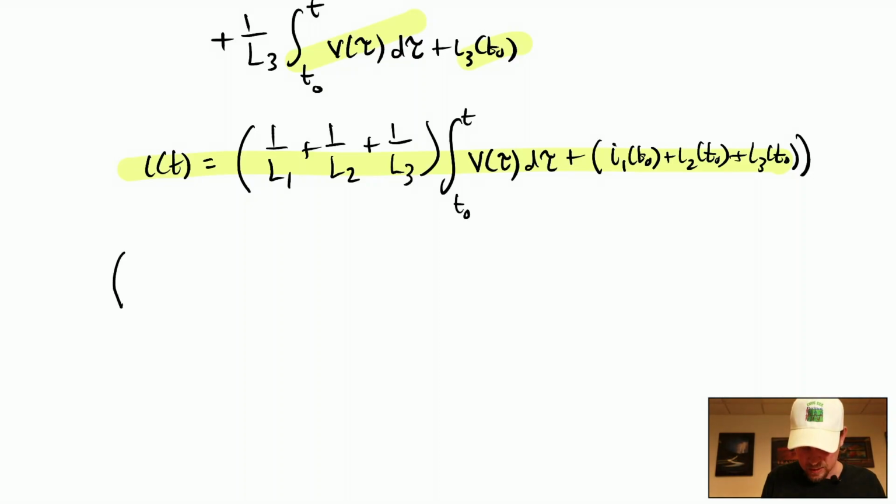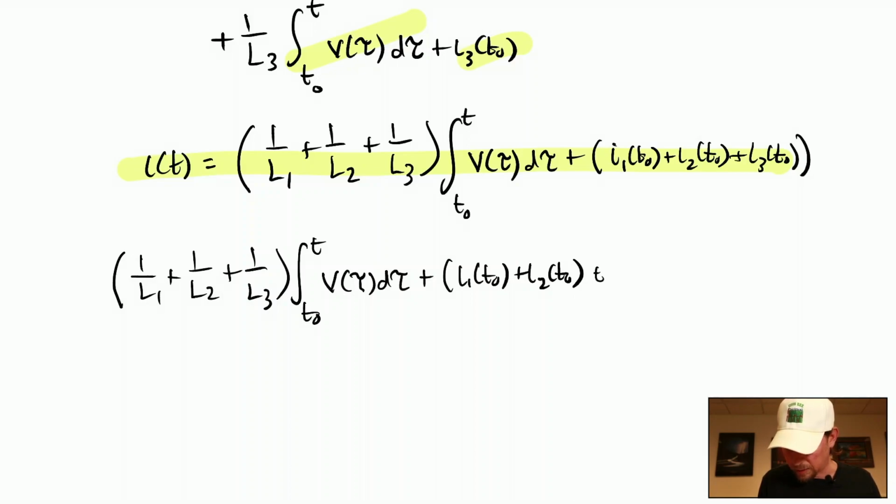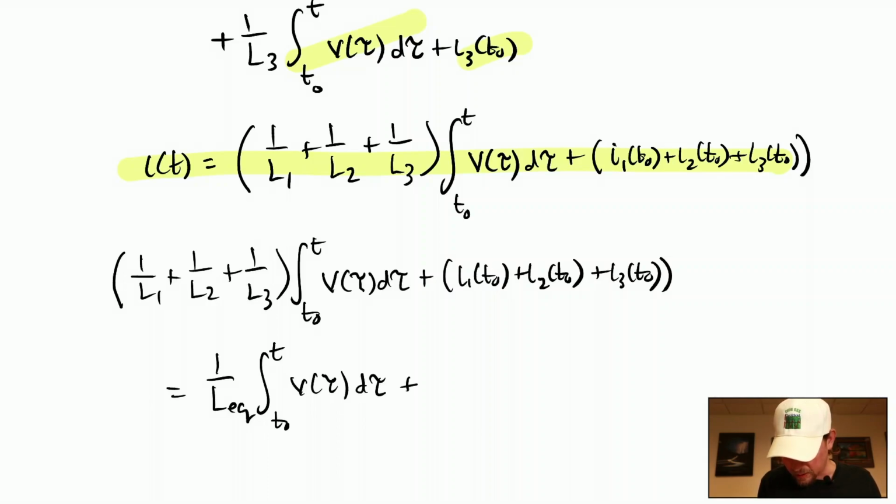In which case, I have 1 over L1 plus 1 over L2 plus 1 over L3, the integral from t0 to t, the common voltage integrated with respect to tau, plus the constants I1 of t0, I2 of t0, I3 of t0. Well, that has to equal 1 over L equivalent, the same integral from t0 to t, V of tau d tau, plus